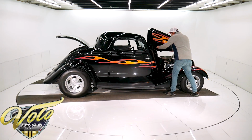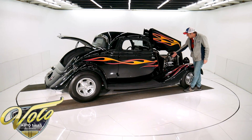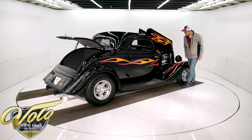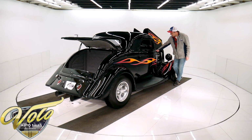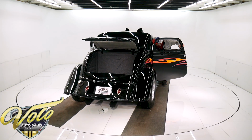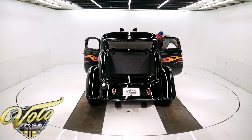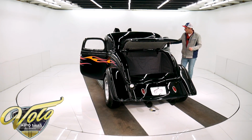350 Chevy engine, dressed up with a lot of chrome, aluminum Edelbrock intake, Edelbrock carb with electric choke, HEI distributor. It's got heat and air conditioning, original firewalls all painted up real nice. What else can I tell you about the interior? It's got a tilt column with a really nice leather cushion gripped wheel with the polished spokes. Has the Lokar floor shifter, an emergency brake handle,